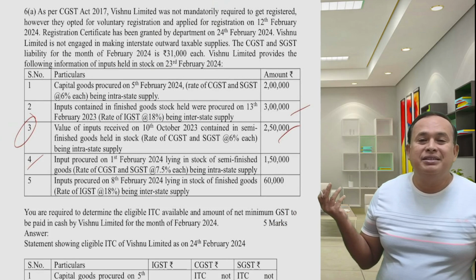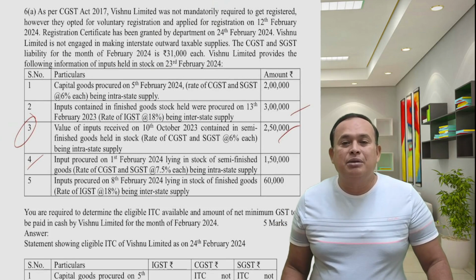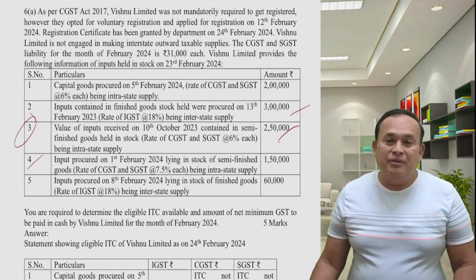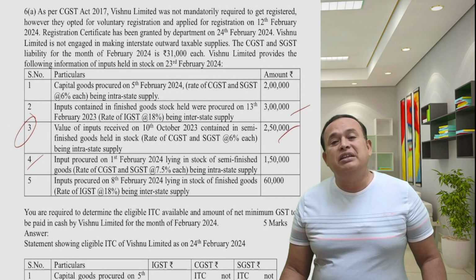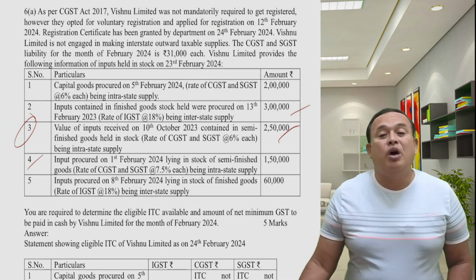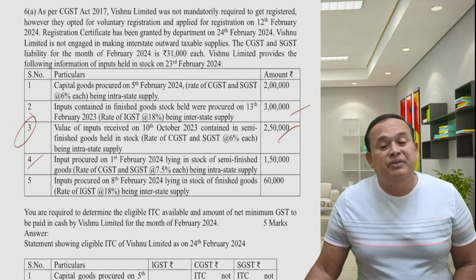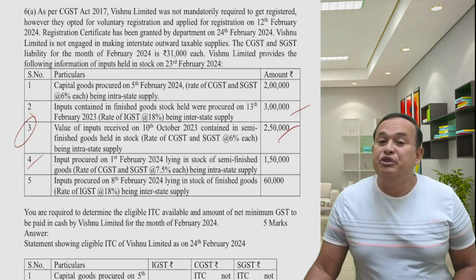What a great question it is. It is a little bit advanced concept, but they are asking it in the examination at CA Intermediate level. So in the given case, it belongs to section 18 of the CGST Act, the special circumstances to avail input tax credit. If a person voluntarily obtained the registration certificate, the date on which he obtained the certificate of registration is the effective date of registration.